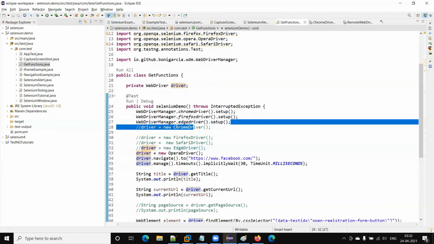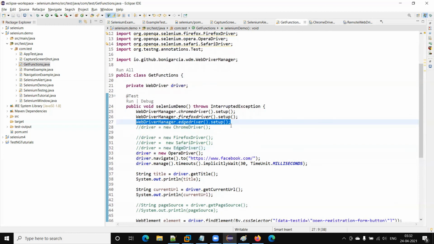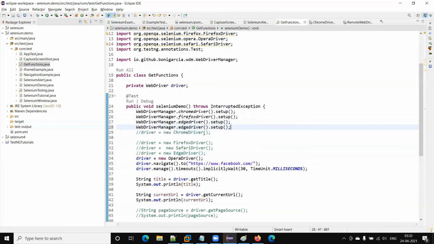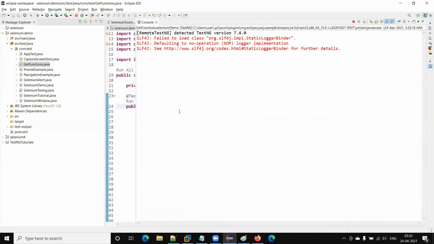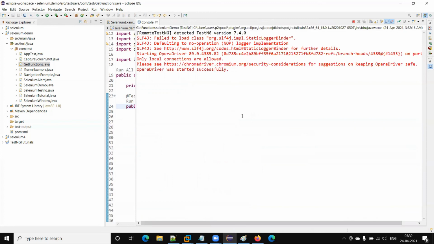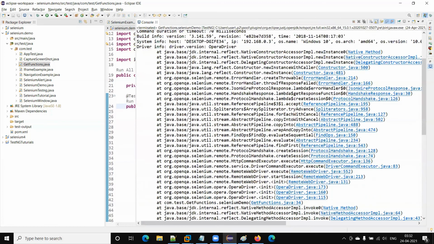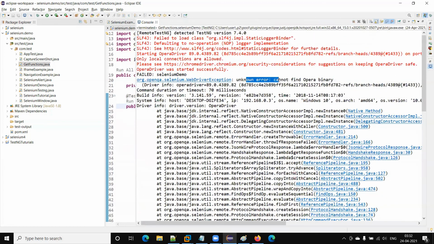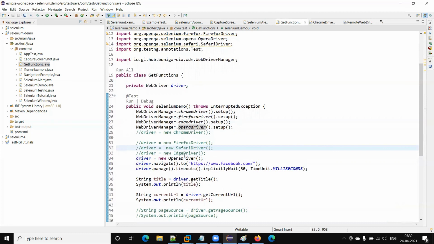Here we can also set up the executable of the Opera driver, Opera driver dot setup. If I run this, because Opera is not installed in my system, it will not execute. This will throw an error: cannot find the Opera binary. So make sure the Opera binary is installed on the system, and then we will be able to execute on Opera driver.